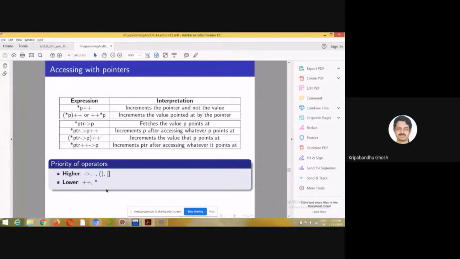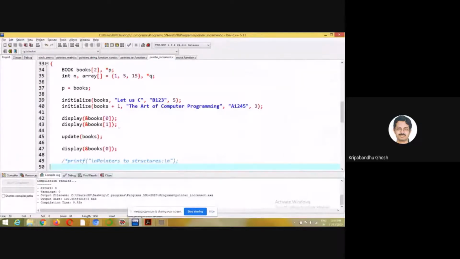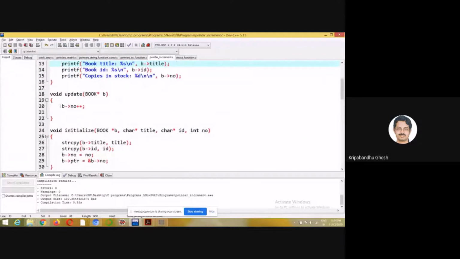Yeah, I think there is one more thing you noticed here, that this arrow, so dash and this sign, has a higher priority over plus plus. Why? If you did notice here in the program, what I did, so this has a higher priority, so this is basically accessing the number and it is incrementing it.